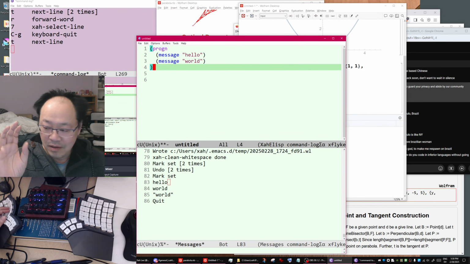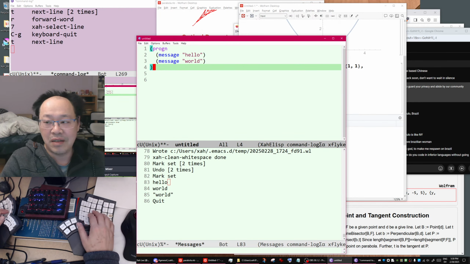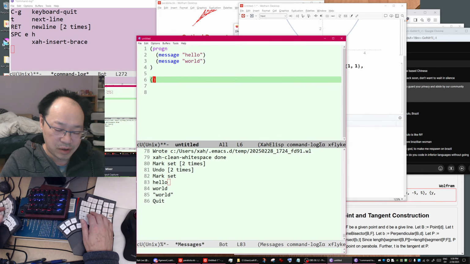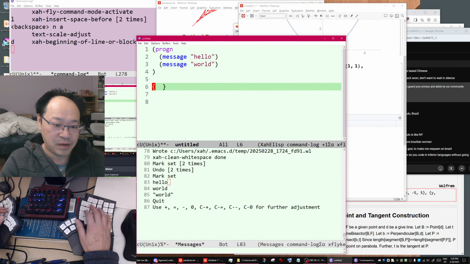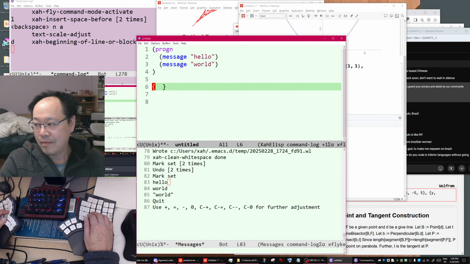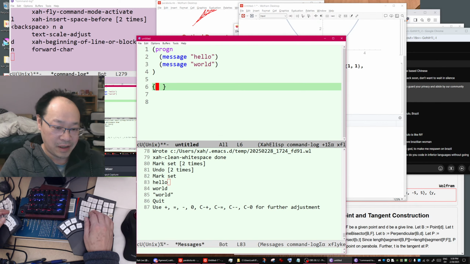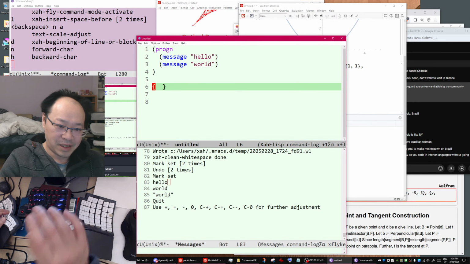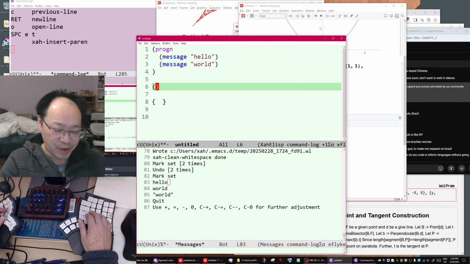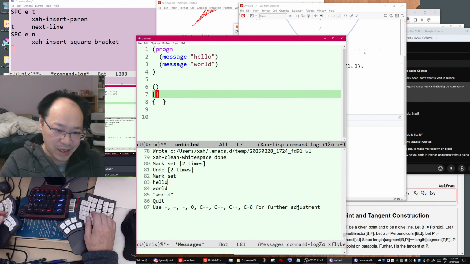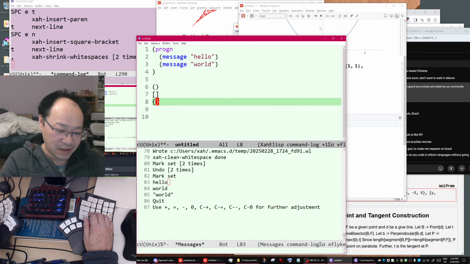Okay, so why do you want to group? This is similar to C programming languages or JavaScript. It's similar to the curly braces. Or in the UK they call it curly brackets. In the United States we just call it braces. In the United Kingdom they say curly brackets. The United Kingdom way is actually more logical because you have round brackets, square brackets, then curly brackets.